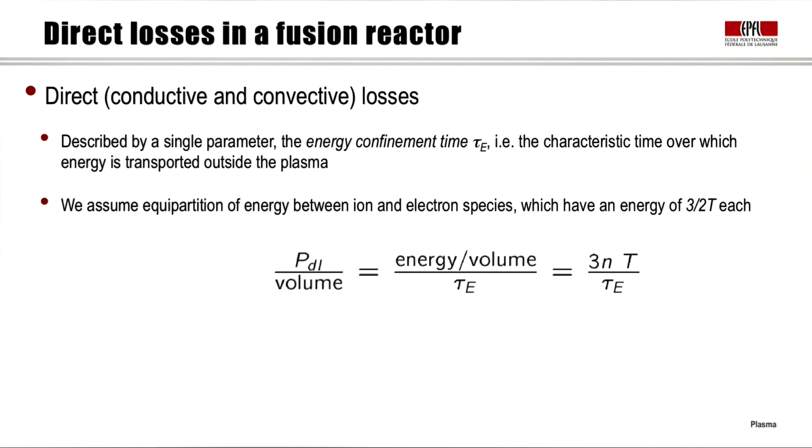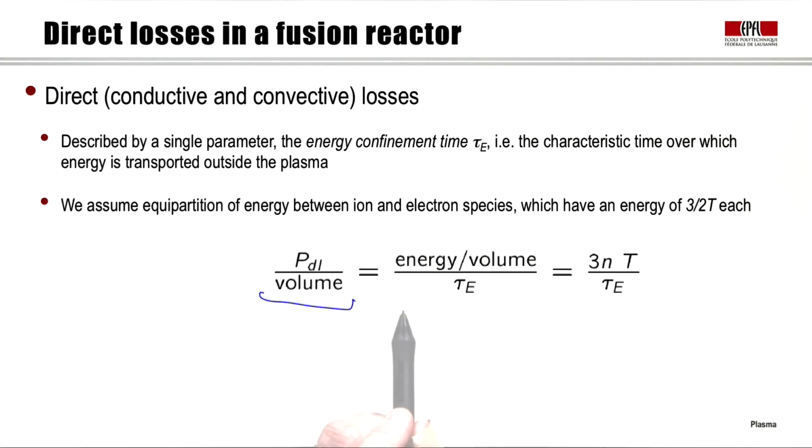Having seen what the radiative losses are, we can look now at the direct losses in a fusion reactor. These are the conductive and convective losses. In fact, we can describe them in a very simple way using a single parameter called the energy confinement time, tau E, which is the characteristic time over which the energy is transported outside the plasma. If we assume equipartition of energy between the ion and electron species, meaning that each species has an average energy of 3/2 T, the volume is at the denominator in order to calculate the power density for the losses, and the expression is therefore